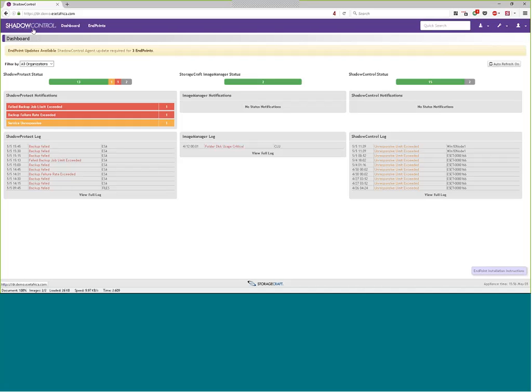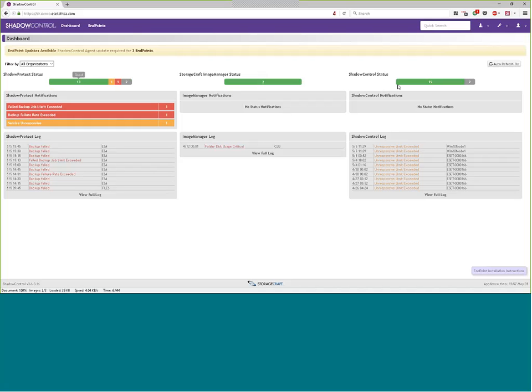One would be the Shadow Protect backup agent. The other is the Shadow Control agent, so that the endpoint can subscribe to this system. And then, if you're using Image Manager anywhere, that would be another agent that you would install on a particular machine, and I'll show you what that looks like.